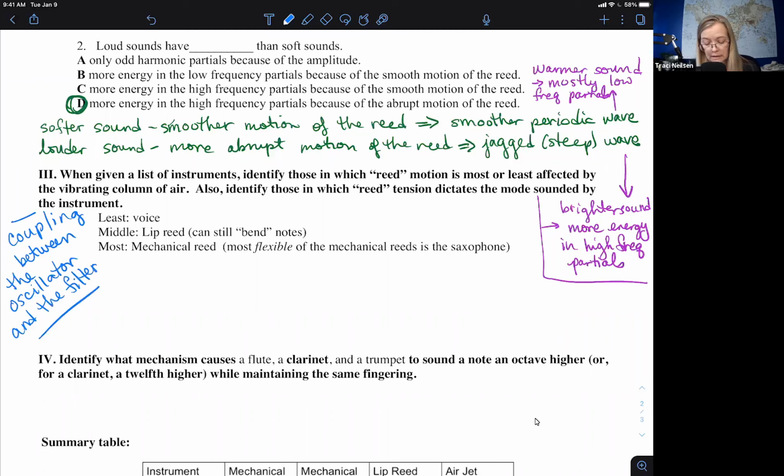So in the voice, there is the least coupling because you can sing any pitch for any vowel, right? So the vowel is the vowel, that vocal tract shape, which is your filter. So for a single filter, I could do any pitch I want. So there's very little coupling between the pitch, the vibration rate,